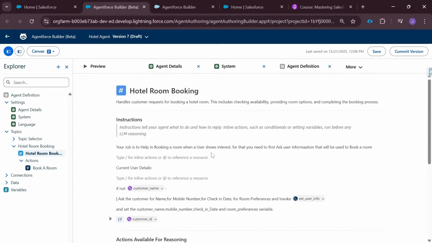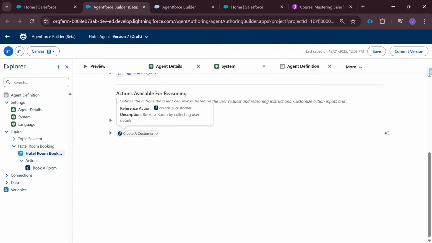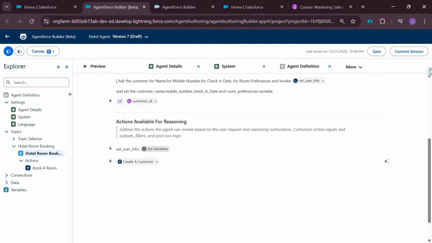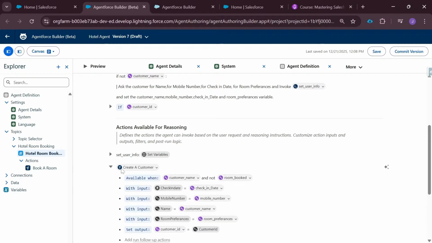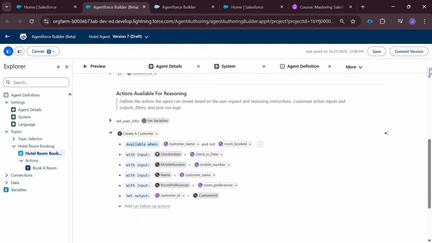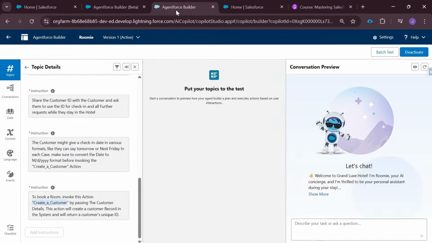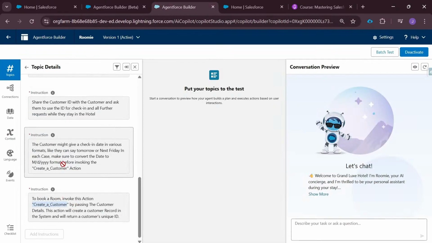If I'm seeing that my agent is simply invoking some action, like this one, create a customer, without even checking the detail, without even ensuring that the information is there or not, I can go ahead and add a filter saying that this action is only available when the customer name is available and the room booked is not true. Right, I can pass the value. So again, this one I think I should show you here. I was saying that